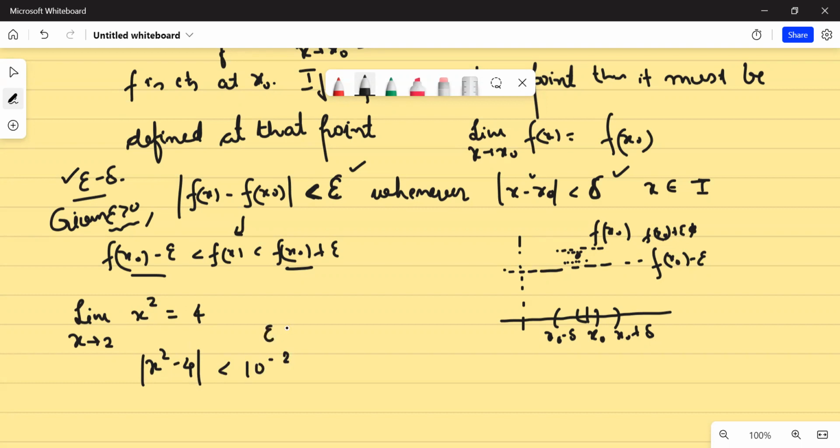Let's say Harshit gives me epsilon equals 10 to the power minus 2. Is that clear? Yes, sir. Okay, so what does it imply? It implies that as x tends to 2, your x square will go towards 4. So limit x tends to 2 of x square would be 4, isn't it? Yes, sir. What does it mean? It means that the distance of the function and the limit can be made as small as possible.